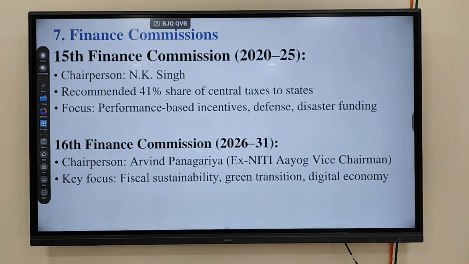Do you want that? For some state it might be only 1%, for some state it might be 3%, for some state it might be 4%. Do you want to know that criteria? Okay.